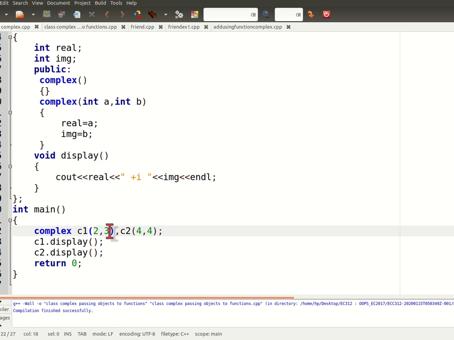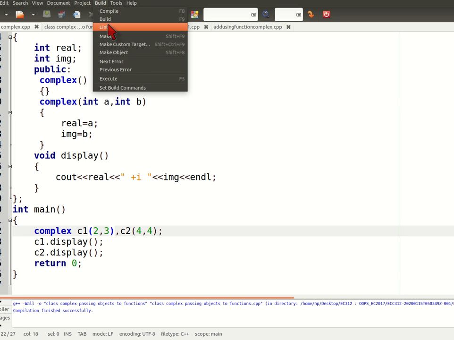If I call c1.display, it will display 2 plus I3. And in c2, the real part will be 4 and the imaginary part will be 4. So c2.display will execute here, and it will display 4 plus I4.